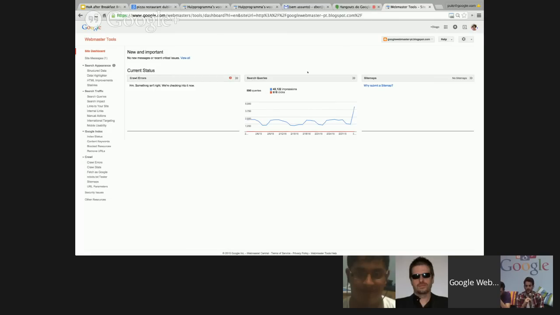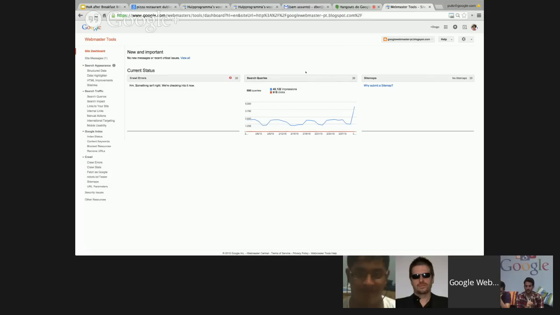Then on the right side, and I'm going to skip the middle on purpose, you have a section on sitemaps. A sitemap is a document that you can provide and submit with the list of the URLs that your website has, to help Google understand a bit better if we're missing something. So if for any reason we crawl your website and we only find 80% of the pages, you can help us find the rest by submitting a sitemap.